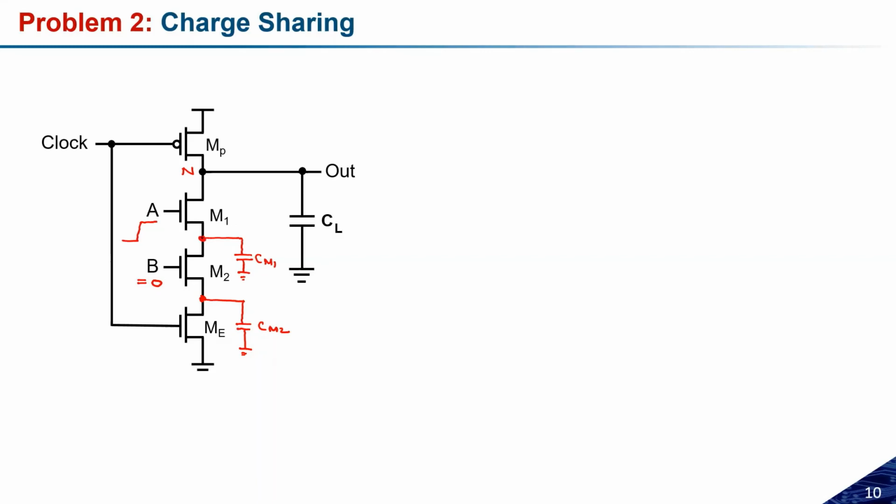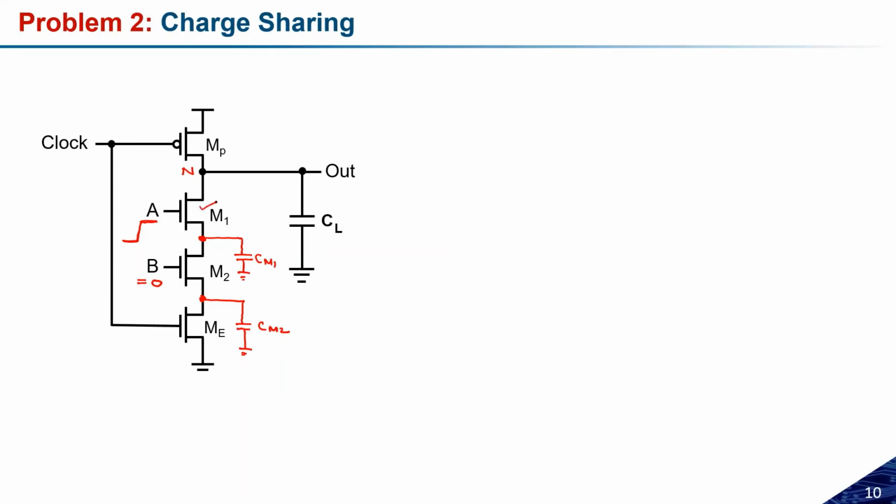So now, if I am changing this input from low to high, initially it was low, so there was no path between this dynamic node and the ground. But if I have changed the input from 0 to 1, in that case this M1 will be in on